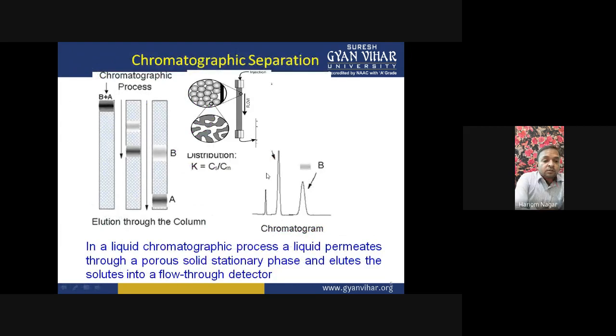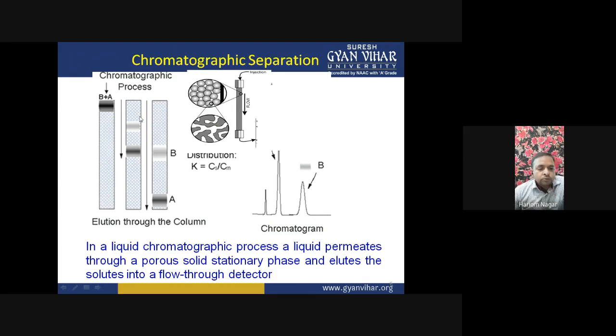Now the chromatographic separation performance is here. According to the diagram we have discussed in the previous slides, this is the column, and with the mobile phase, when the mobile phase passes through this column, the components present in the mixture, A and B, will also pass through the column. This is the black stick for the maximum concentration of A and B. Whenever they pass through the column, as their distance and time in the column increase, they will be separated. So components A and B are separated.